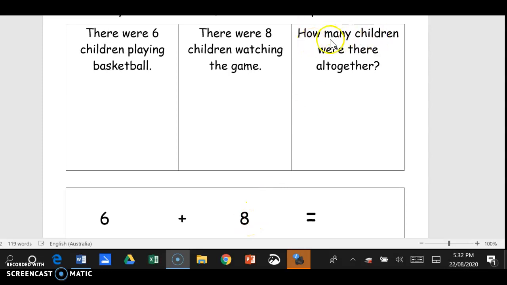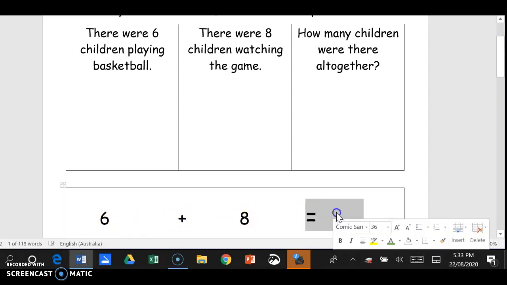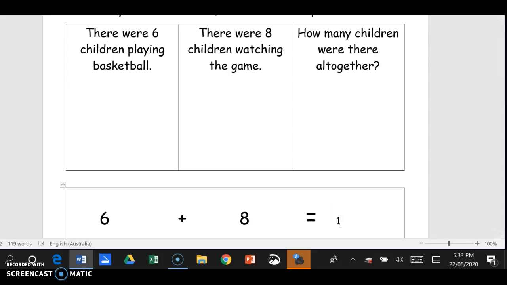Now because the question says how many children were there all together, I know that I have to put these two numbers together. So I have to add them together. So 6 plus 8, how many children all together? 14. All right,